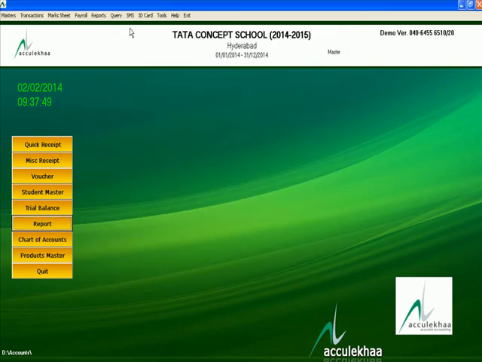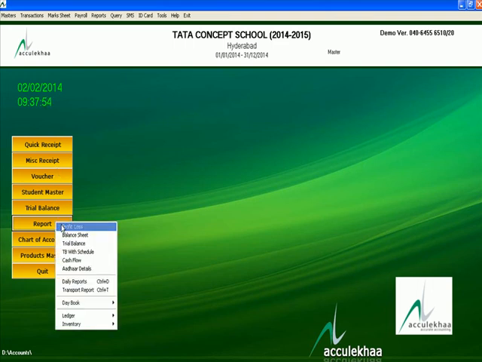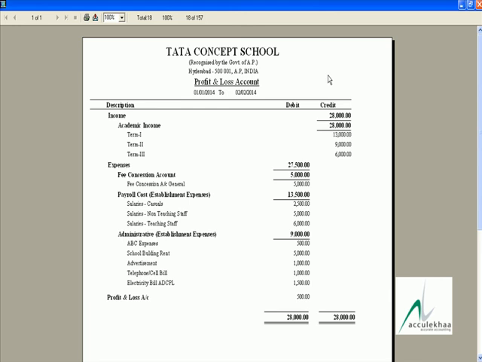You can select your due list. What is the due amount? Now go to the report. In this report, profit and loss. This is your profit and loss. Income. This income is on a cash basis, not on an accrued basis. Means in this academic period, how much money you got on a particular head. In first term you got 13,000, second term 9,000, third term 6,000, so total your income is 28,000.